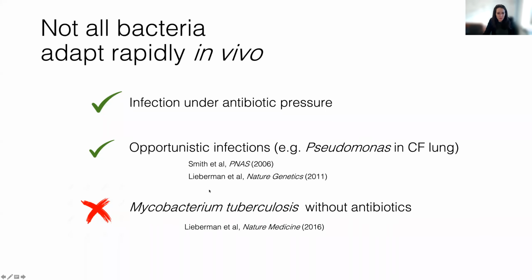But we don't always see adaptive evolution when we look at bacterial infections. And in this study we did in Mycobacterium tuberculosis, in patients who were not treated with antibiotics, we didn't see any strong evidence for within-person adaptive evolution. And we reasoned it was because